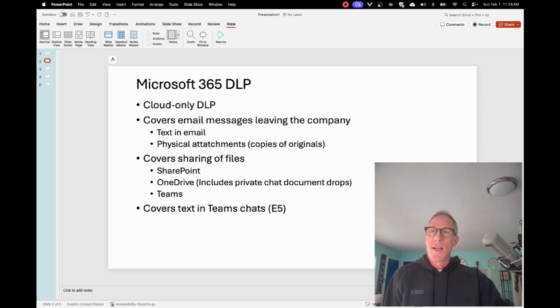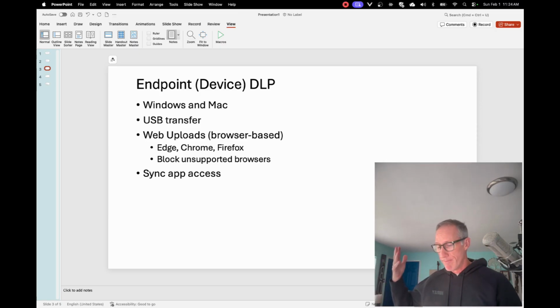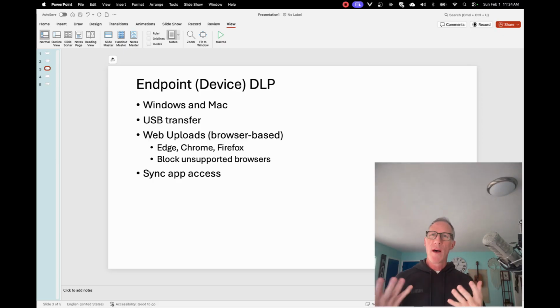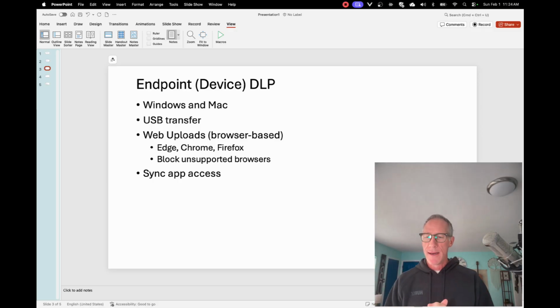All right, that's easy enough, but that doesn't account for everything, right? One big thing it doesn't account for is, what about all those files that are on your device, on Windows, Macintosh, even phones, what about all that stuff? Well, Microsoft has something for those as well. It's called Endpoint DLP. When they first came out with it a couple years ago, it was for Windows. Now Macintosh is drawn in. And I'm just going to hit the high points of this. But the high points are that it can control,